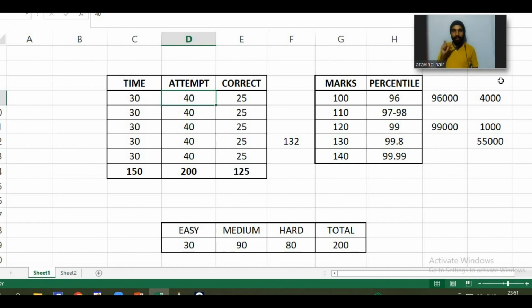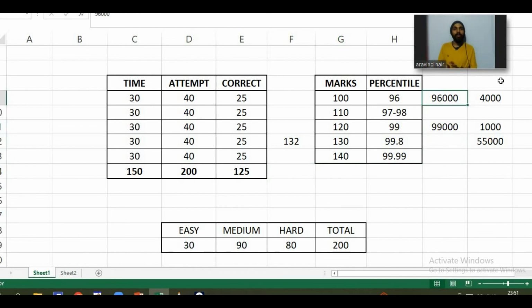So the idea of time management is what's costing these 96,000 students. They can secure all these, if not the entire 96,000 students, maybe at least 70-80,000 students can secure more than 100 marks. The topics are easy. Like I said, I showed you that at least 120 marks of questions are solvable type, and you have 150 minutes to solve 120 solvable questions, yet 96,000 students cannot secure that.